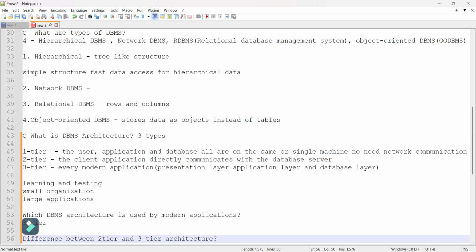In simple terms, in two-tier architecture, the client directly communicates with the database, and it is mainly used for small organizations. On the other side, in three-tier architecture, the client communicates with the application server, which then interacts with the database, and it is mainly used for large applications like Instagram and Amazon.